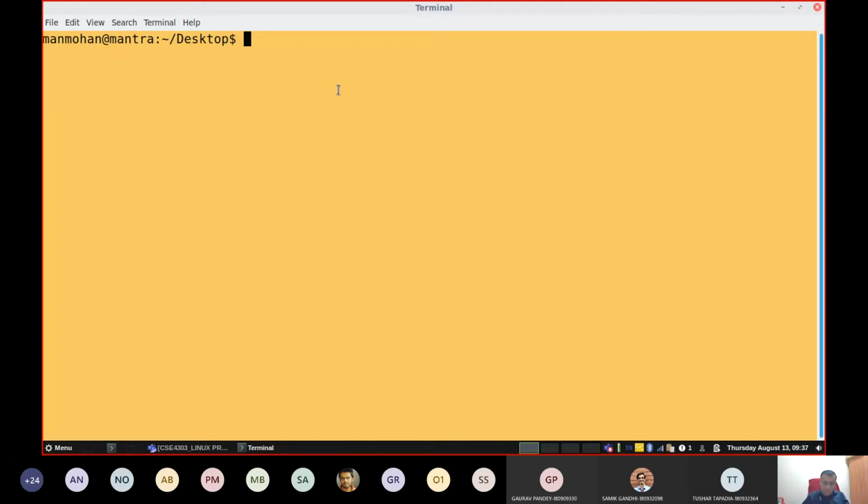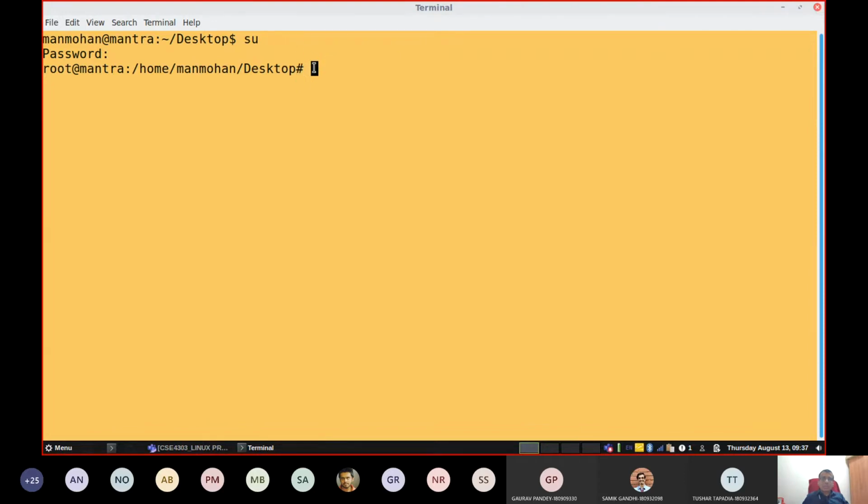In case you get super user access, say now I get super user access, then you can notice that the command prompt is going to change. Now the command prompt, instead of dollar, is a hash, also called a pound, P-O-U-N-D, or hash symbol.